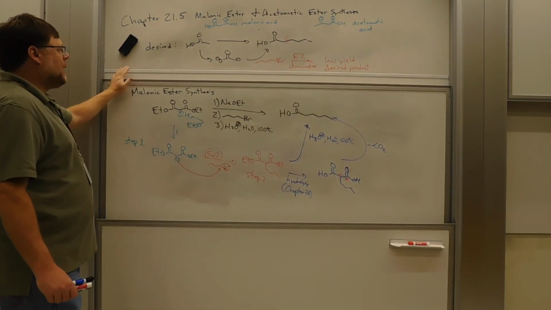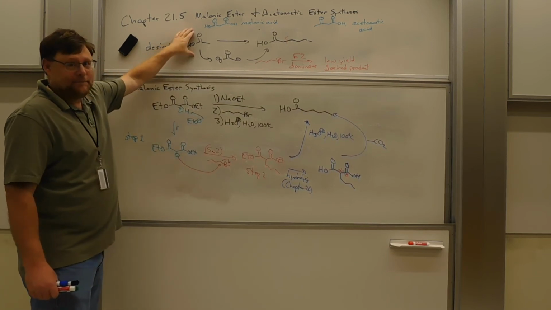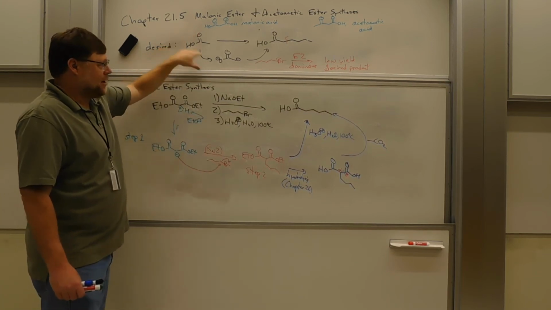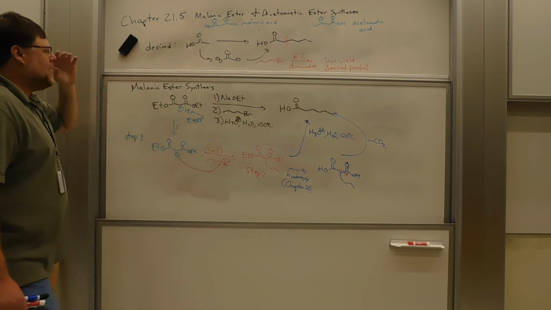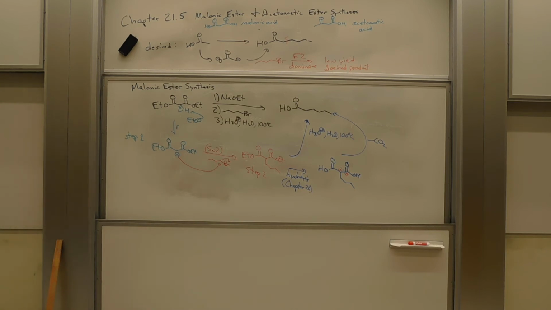So I'm going to take you back through what the desired reaction is to alkylate an enolate. But you can't do that really because it's going to do E2 chemistry. Making an enolate and directly alkylating it is going to be really hard to do. Okay, so then what we do next